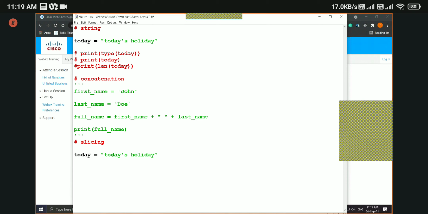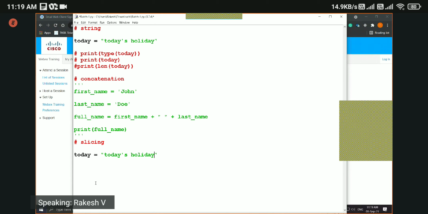Every character in this string has an index number, and these index numbers start from 0. Index numbers start from 0 and every character including spaces will have an index number. So we can use these index numbers to access individual elements or group of elements.